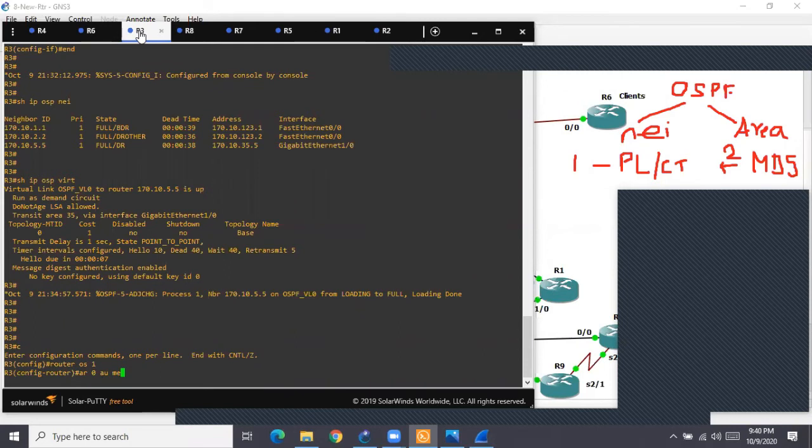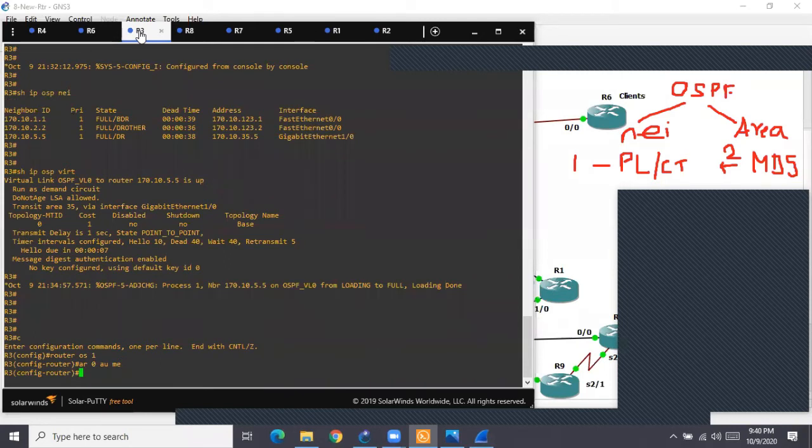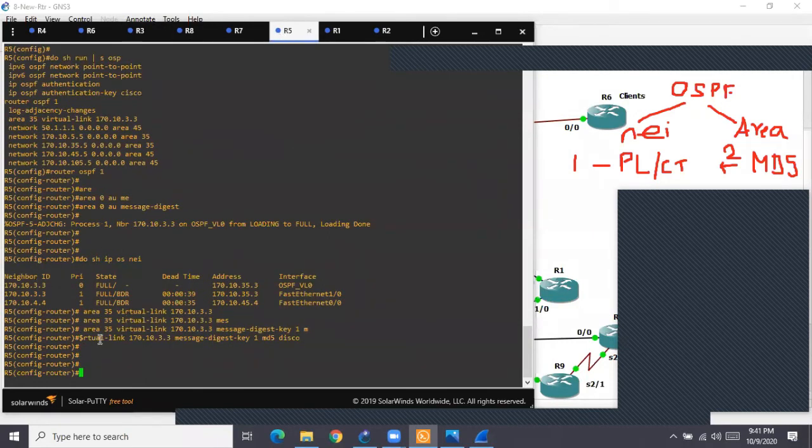Even if the command is already there, it will overwrite. It doesn't matter, it's not going to remove it. I'm not putting no. It is always there, but to remember easily, because sometimes students miss this command on the other side. R3 already has this command, but R5 does not, so on R5 it is important to put in this command.